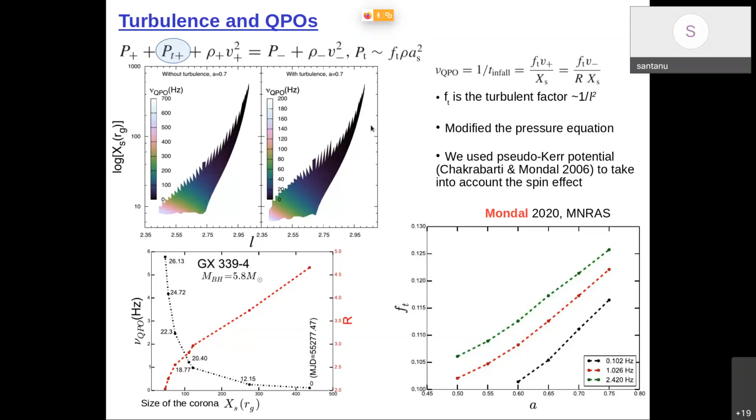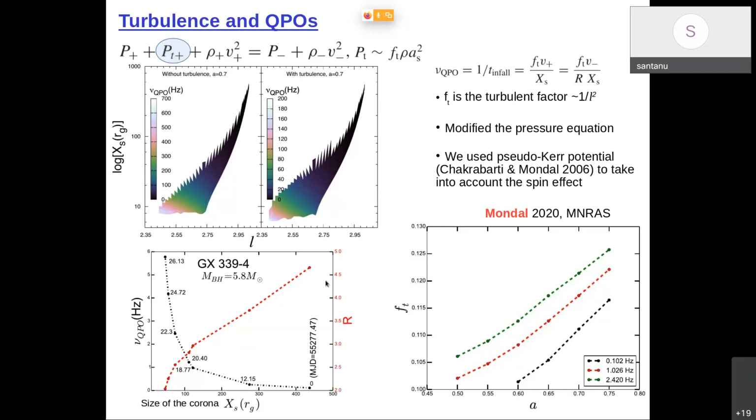Also, in this case, we consider the spin of the black hole around 0.7. We did not do any GR calculation. We have considered only pseudo-Newtonian and pseudo-Kerr potential to understand the observation. So we applied this solution to GX 339-4, and we found that the QPO frequency matches well with the observed frequency,